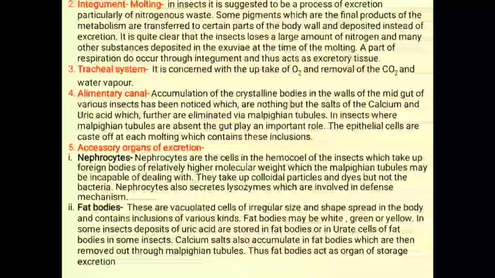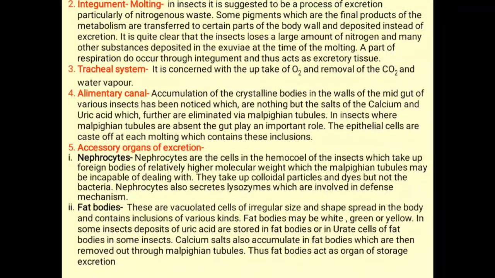Now there are other organs of excretion other than Malpighian tubules. Some organs assist in excretion. In that, the integument, that is the body wall, is said to be an organ of excretion. Now it is suggested to be a process of excretion. The molting process is a process of changing the old cuticle and forming the new cuticle. So in that process, some of the excretory products are deposited in the old cuticle, and that is mostly the